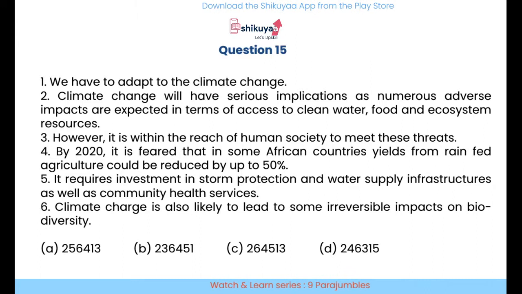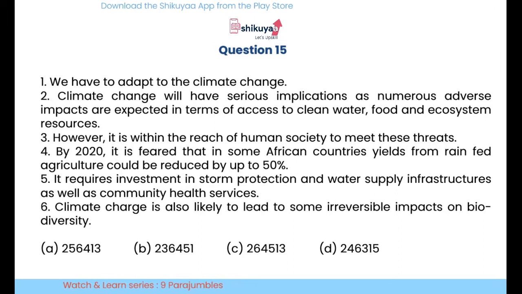is the hint, however is the connector, कंक्लूजन में कुछ आ सकता है, however it is within the reach of human society to meet these threats। कौन से थ्रेट, तो जो सेंटेंस 4 और 6 में बताया गया है, तो डेफिनेटली 6 and 4 सेंटेंस 3 के पहले आना चाहिए। ओके सो लॉजिकली वी कैन हैव दिस सीक्वेंस 2, 4, 6, 3। अभी 1 and 5 या 5 and 1 हो सकता है, वो देखना पड़ेगा,